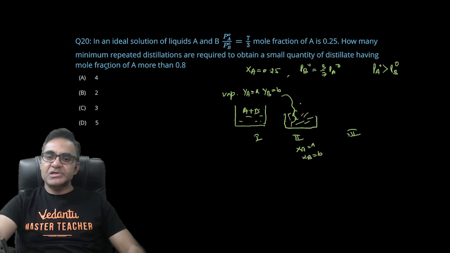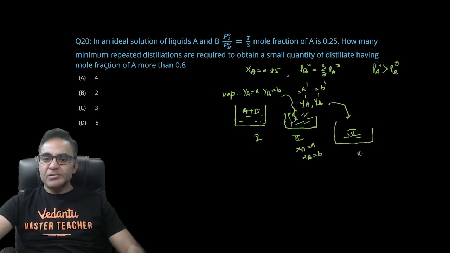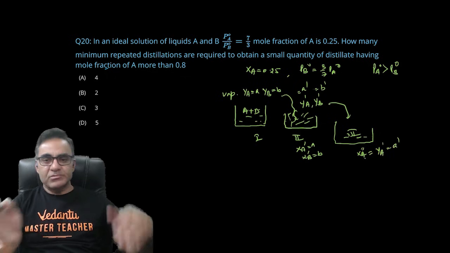अब इस वाले कंटेनर में भी आप लिक्विड वेपर इक्विलिब्रियम एस्टेब्लिश करके, अगर मैं यहां मान लूं y डैश a एंड y डैश b इज द मोल फ्रैक्शन ऑफ a एंड b इन वेपर फेज, तो y डैश a को अगर मैं a डैश मान लूं, y डैश b को अगर मैं b डैश मान लूं, तो जब आप इसकी वेपर्स को उठा के कंडेंस करके थर्ड कंटेनर बनाओगे, तो यहाँ पे जो XA होगा, या डैश लगा देता हूं, x डबल डैश a होगा, वो एक्चुअली y डैश a के बराबर होगा, एंड दैट इज इक्वल टू a डैश, एंड सो ऑन।